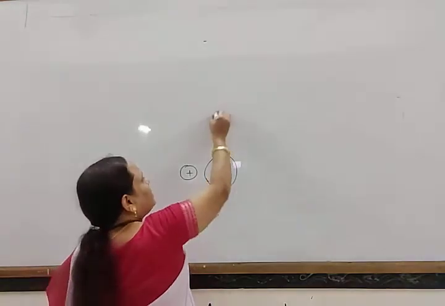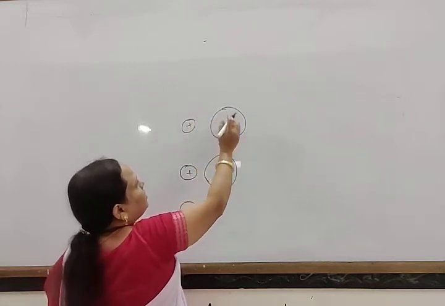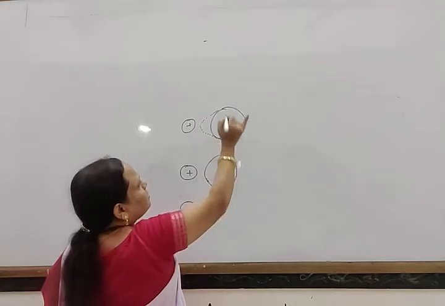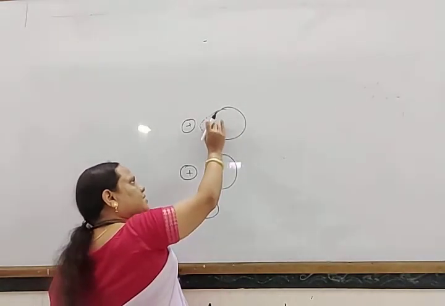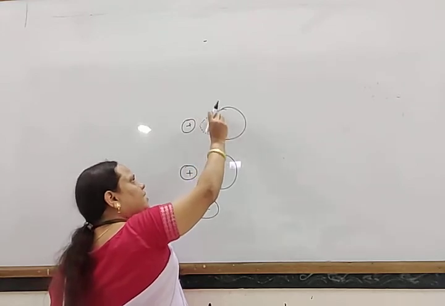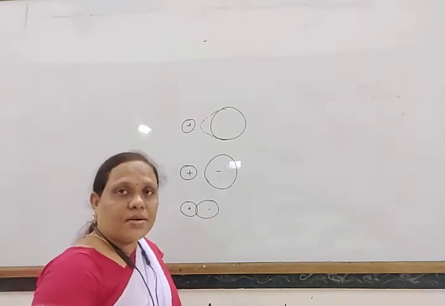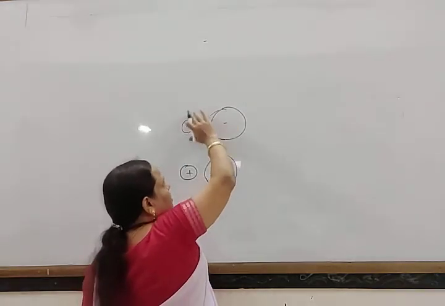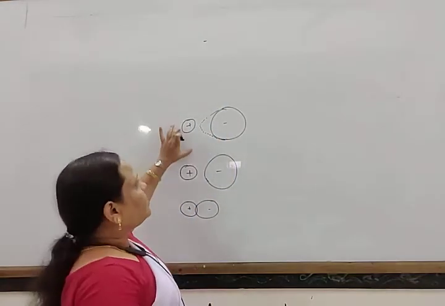Actually this is spherical, and due to the attractive force of the cation, some deformation of the anion arises, for which it somehow loses its negative character, and the cation also somehow loses its positive character. So the complete ionic character is now disturbed, lost by this attractive force,